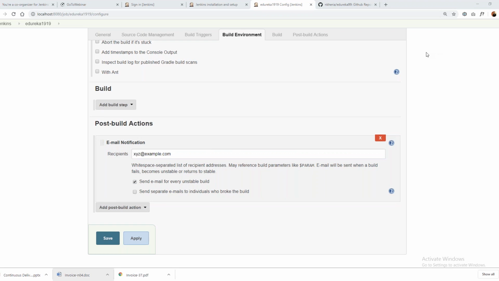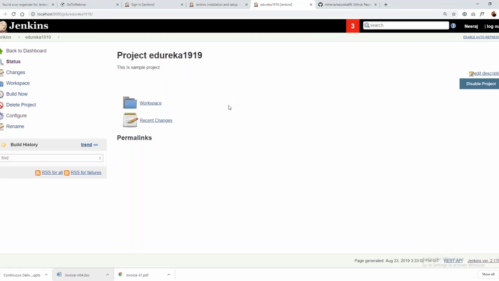Now, once we save it, this entire project has been saved. And if we go back to the dashboard,